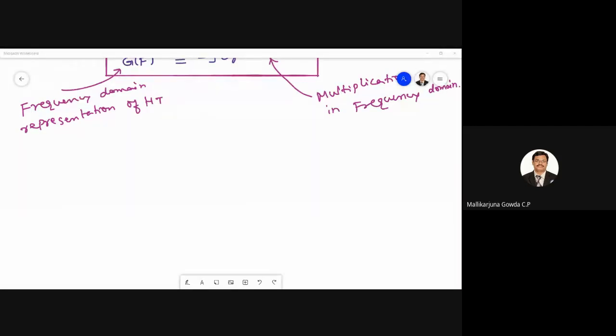Yes, people should respond. Yes, what about Akshay? Rajwal? What is the derivative property, man? Rajwal? I said, x of t is a signal, right? Its Fourier transform is capital X of f, I write. So the derivative property means what? d by dt of x of t will be equal to what I can write?